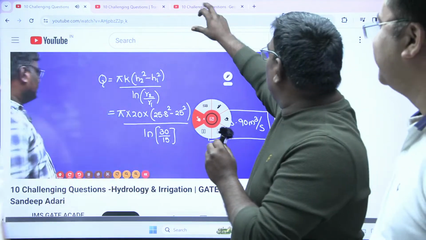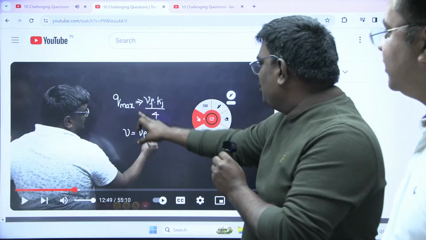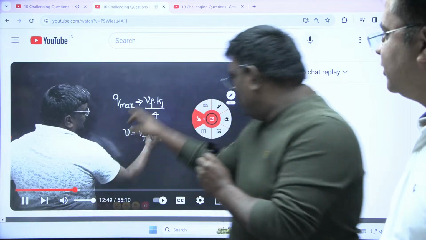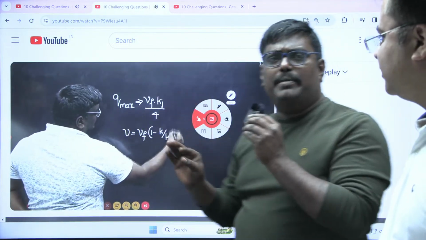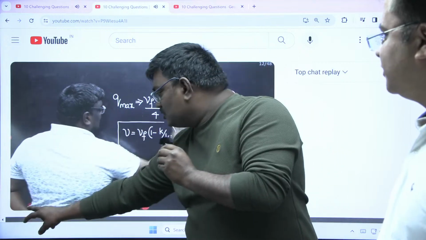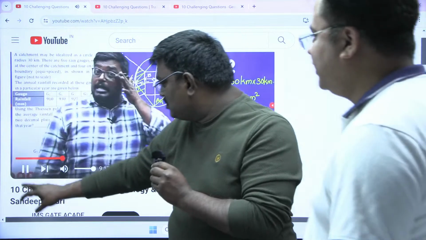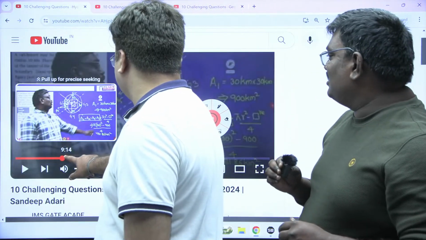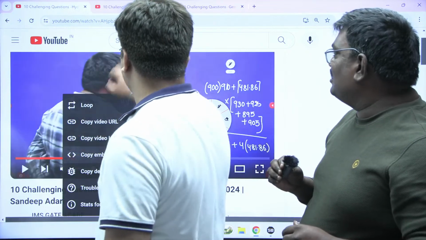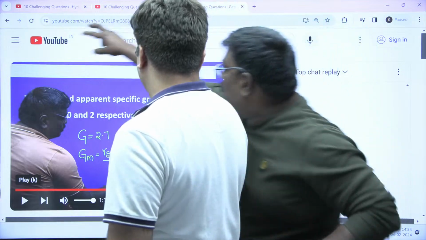Sir, if you talk about geotech also, this same formula we have used. If you see transportation, sir, see this question, I will be solving this question, sir. Same formula, just the parameters are different, sir. So that's what I want to share with the students. I tell you one thing, sir. This topic, especially this hydrology part, Sandeep sir has taken something. Sandeep sir, where is this question? Yeah, this one. This is the hydrology.